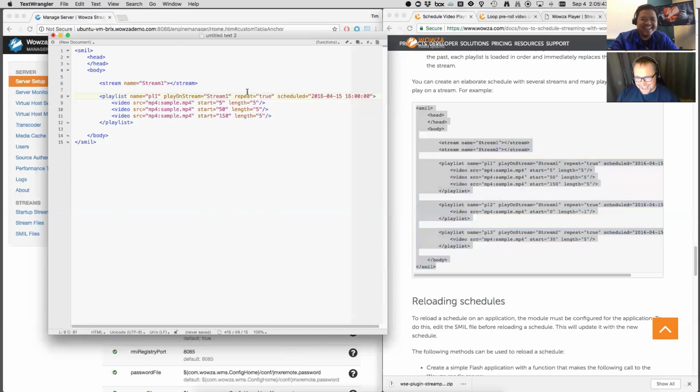Exactly. So this is where the fun starts. This is where we're actually going to say, okay, I want to stream which file at which time, and this is a sequence. So you got video 1, 2, and 3. So I'm going to go over to my